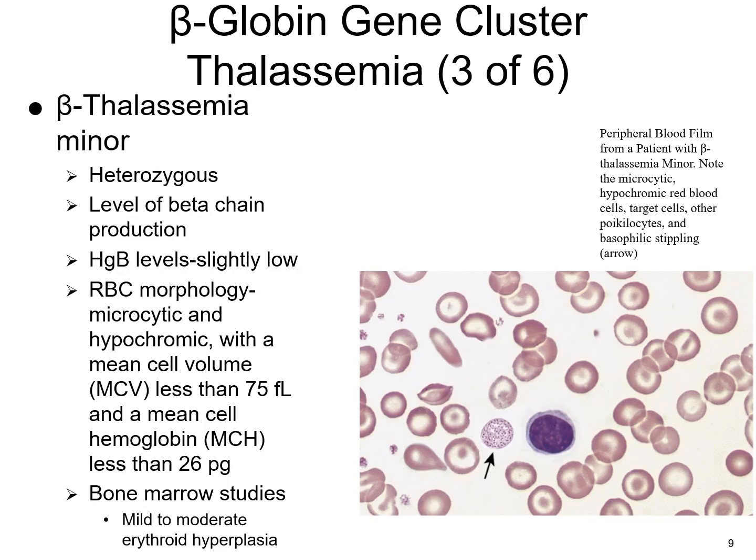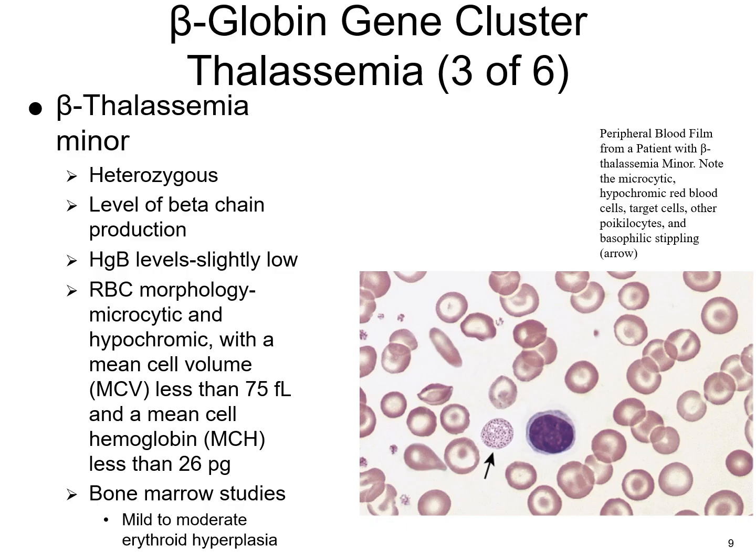All right, so beta thalassemia minor. This occurs in individuals who are heterozygous for a mutation in the beta globin gene. This means they carry one normal beta globin allele and one mutated allele. As a result, there is a partial reduction in beta globin chain production, but the body is typically able to compensate enough to avoid any significant clinical symptoms. Hemoglobin levels in affected individuals are usually slightly low, reflecting a mild anemia. Despite this, most patients are asymptomatic and are often only diagnosed during a routine blood test or genetic screening.